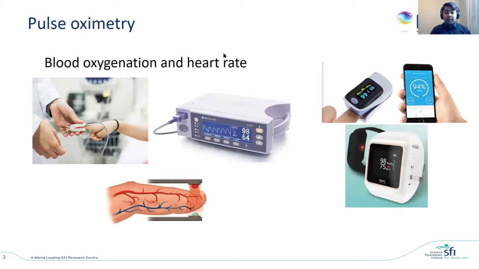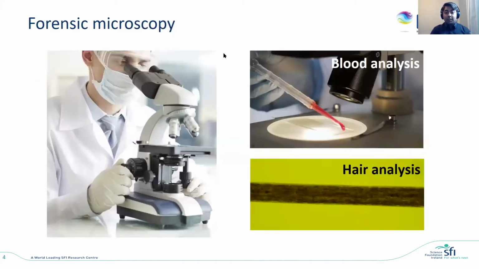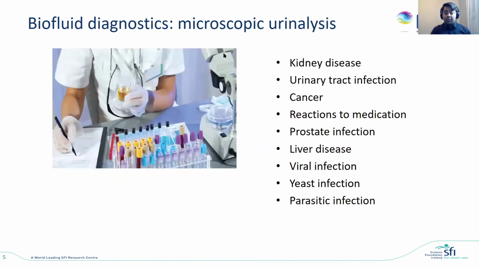But this is not the only technology that measures something related to blood. So blood can be, for example, in a crime scene, and it can be seen with microscopy, for example, in forensic microscopy. You can investigate further crime scenes with blood analysis, but also with other objects present there. Microscopy can also be used for other applications, such as biofluid diagnostics. There are not only applications with blood tests, but